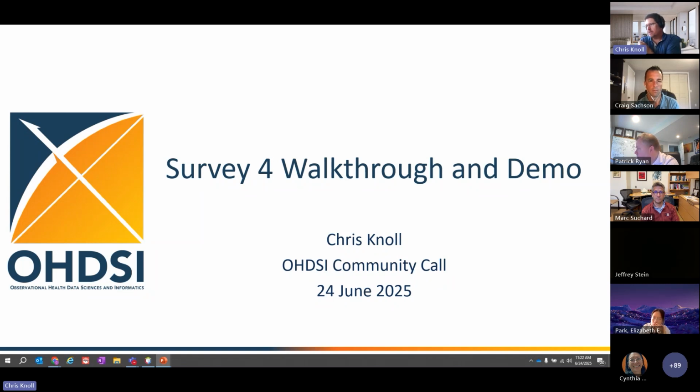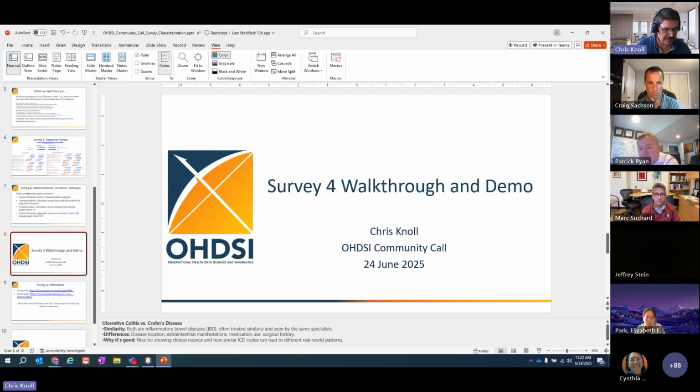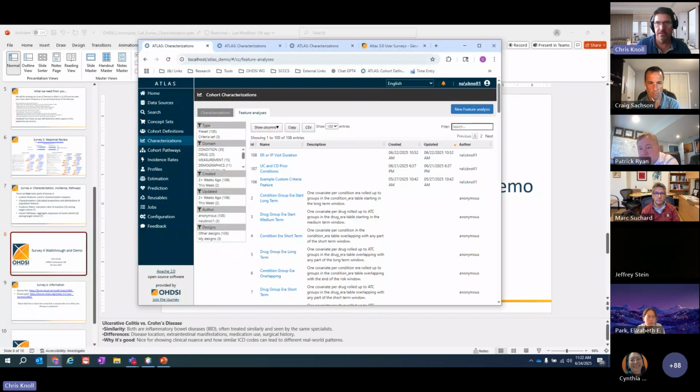They're both inflammatory bowel diseases, often treated similarly and seen by similar specialists. The differences are disease location, the extraintestinal manifestations, the medication use, and surgical history. So it'll be nice to show the clinical nuance and how similar ICD codes can lead to different real-world patterns. But we'll of course be using SNOMED for that. Okay, so I'm going to jump over to our